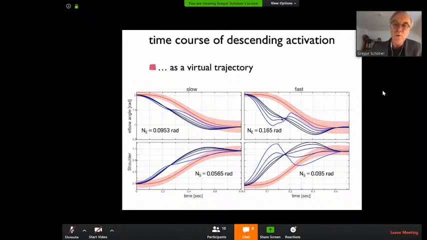And what we did here is vary the stiffness. We can't actually estimate the stiffness in this approach. We have to assume it. So we just varied it within the regime that is considered plausible. The black is the stiffest. The blue is the least stiff. And so you see that in the fast movement, this temporal modulation of the descending command is strongest if you have not very stiff